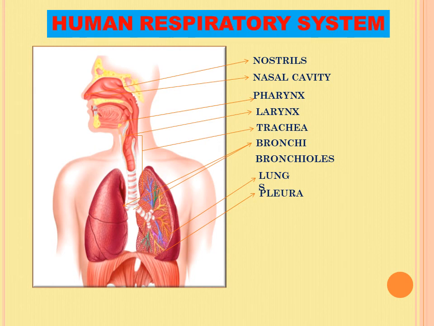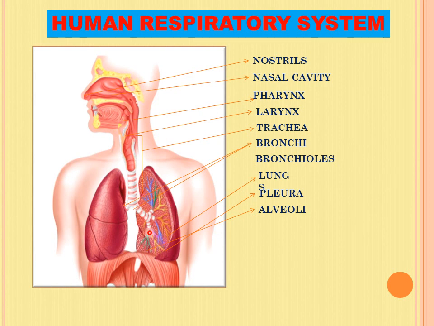Now you can see that there is a double membrane structure. These lungs have some thick wall. These double membranes are the pleura. So the outermost covering of the lungs is known as the pleura. Okay. Next portion is alveoli.